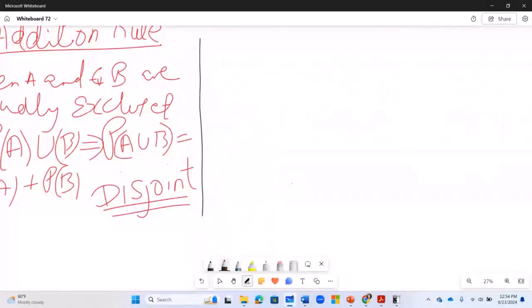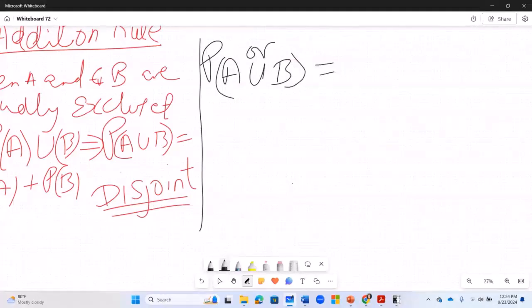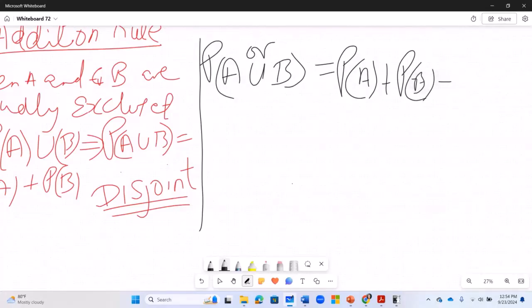All right. So if two events are mutually exclusive, probability of A union B, and union means or, by the way, is equal to probability of A, which I already wrote before, plus probability of B. Even if somebody says minus the intersection, probability of A intersection B,